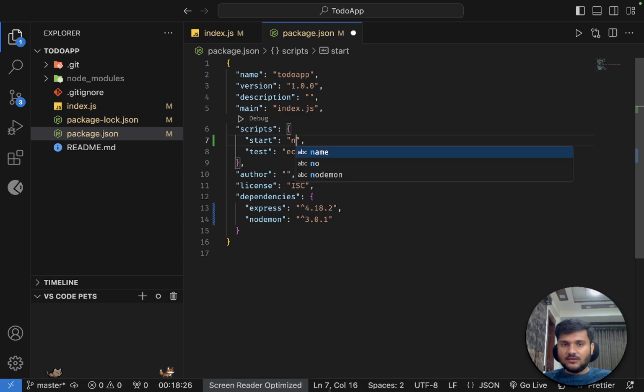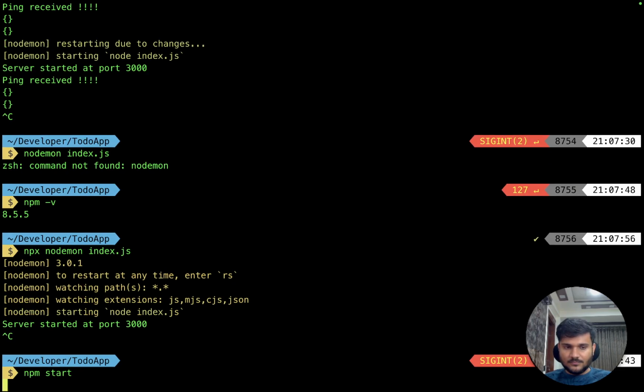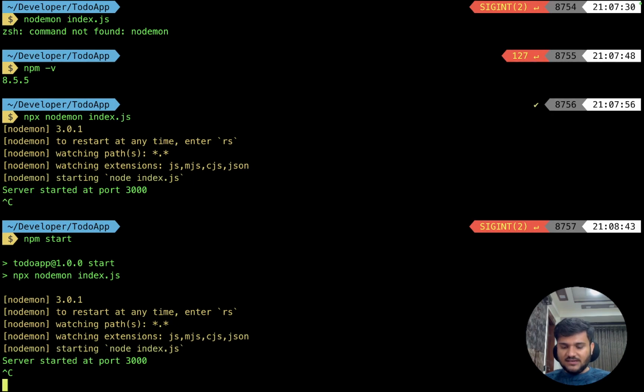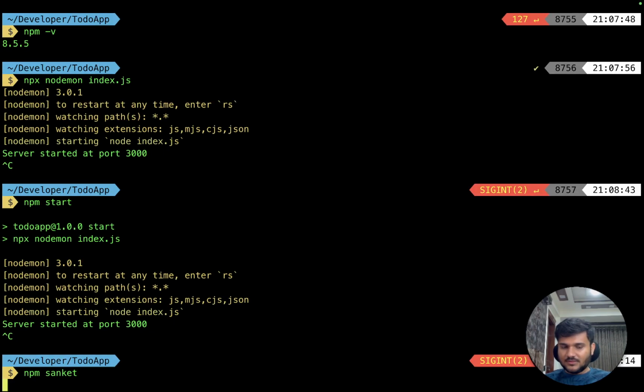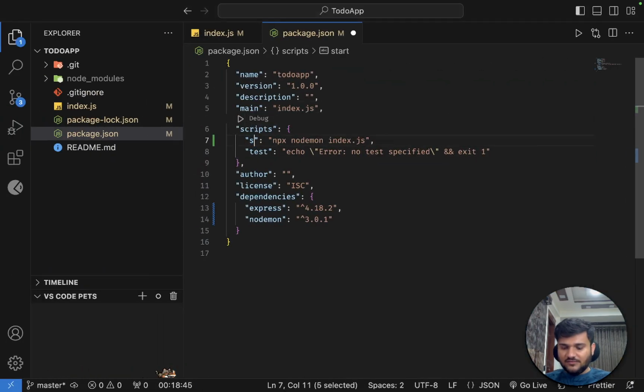So let's say it should trigger something like npx nodemon index.js. Save it. And now if I do npm start, you can see it automatically turned up the server. But let's say if I do npm Sanket, can you see it says unknown command? But now instead of start, if I say Sanket,